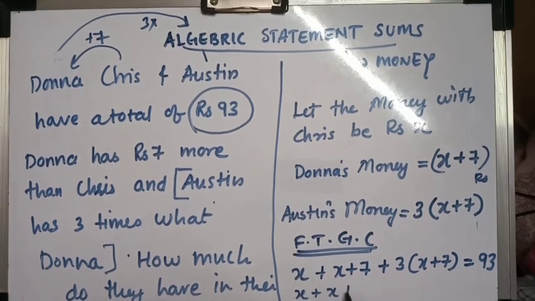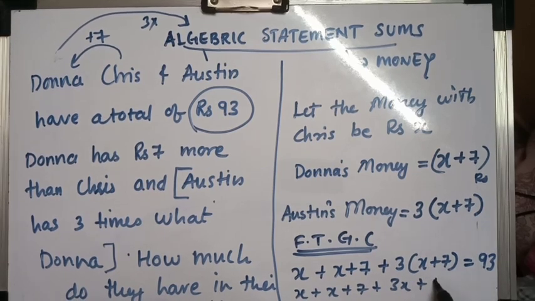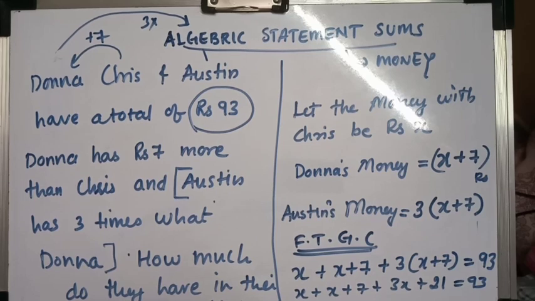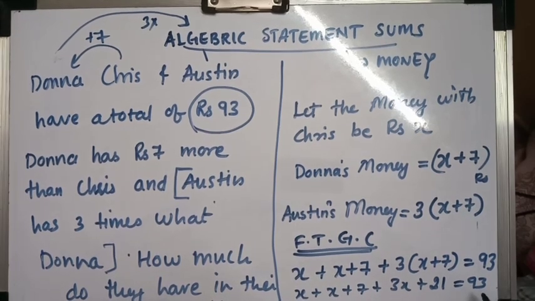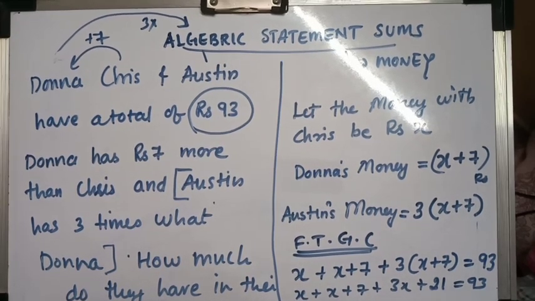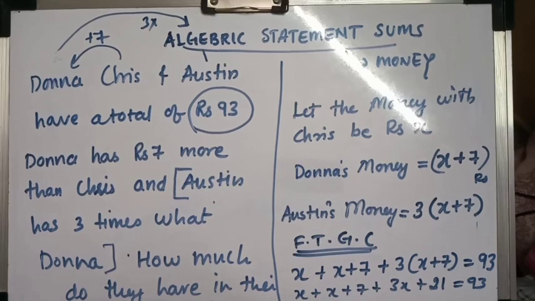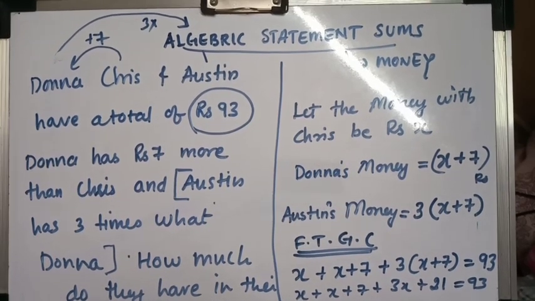Let's open the bracket first. 3x plus 21. Now x plus x gives 2x, 2x plus 3x is 5x, and 7 plus 21 is 28, equals